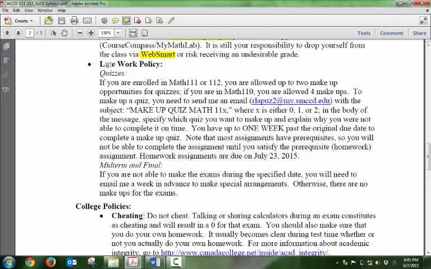Makeup policies. We have makeup policies for quizzes. If you are enrolled in Math 111 or 112, you can make up 2 quizzes. If you are in Math 110, you can make up 4 quizzes. To make up a quiz, send me an email. Again, my email is